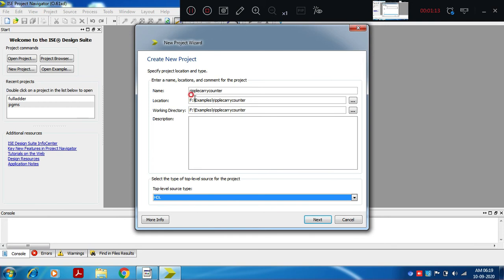It is stored in a directory, and that path you also select. One more very important thing: while selecting the location or path, make sure that the folder names, file names, project names and module names do not include special characters or spaces. You should not write ripple space carry space counter.